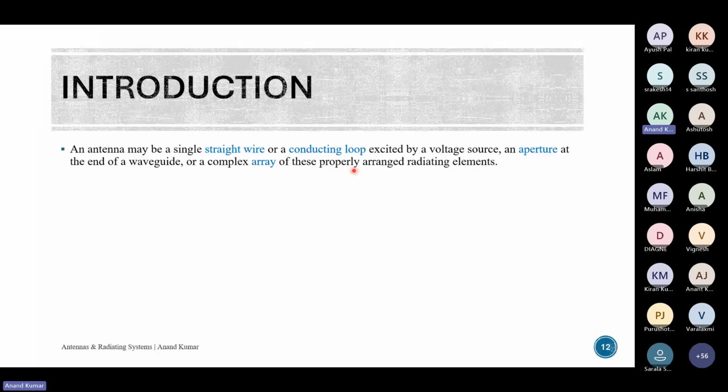So it could be different types of structures. And just to comment, all structures which are carrying current, if they have any sort of deformity, will radiate. The radiation will depend upon how the deformity has formed, but it will definitely radiate. So everything can be an antenna at different frequencies under certain circumstances.